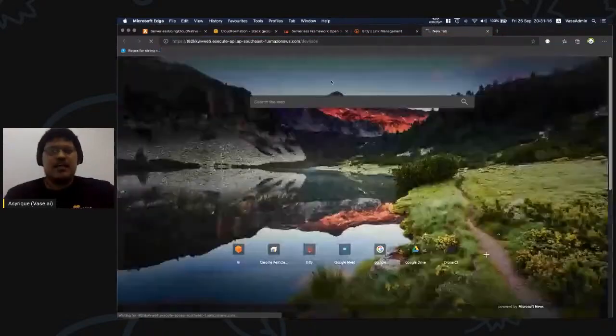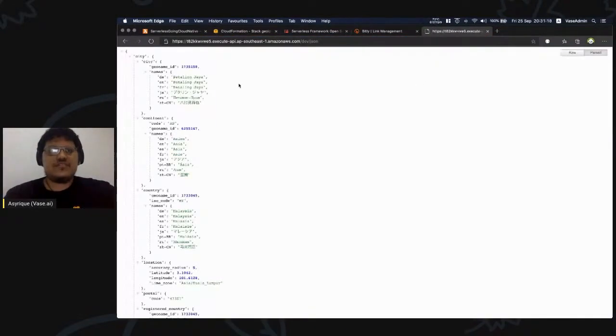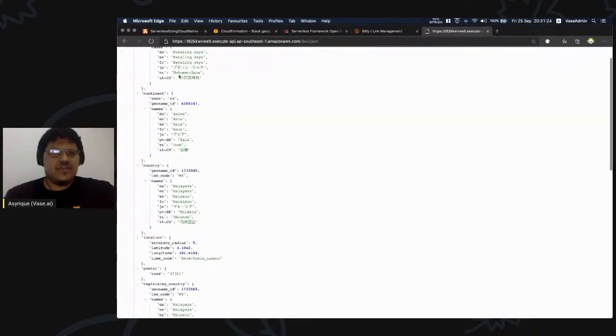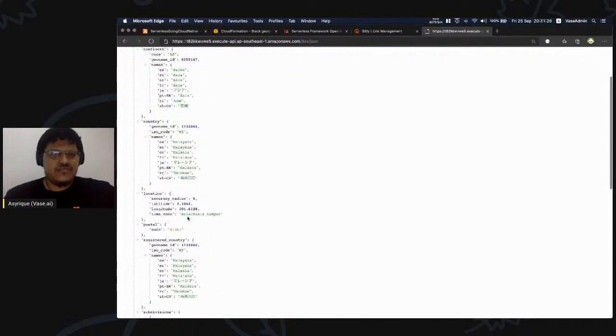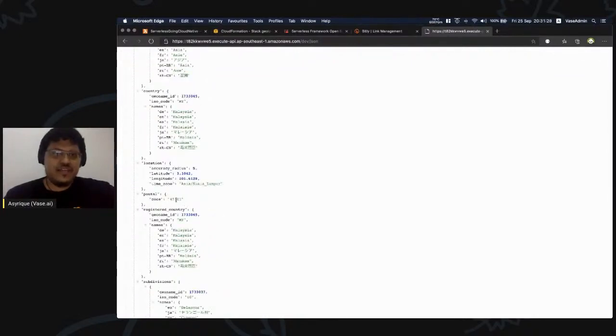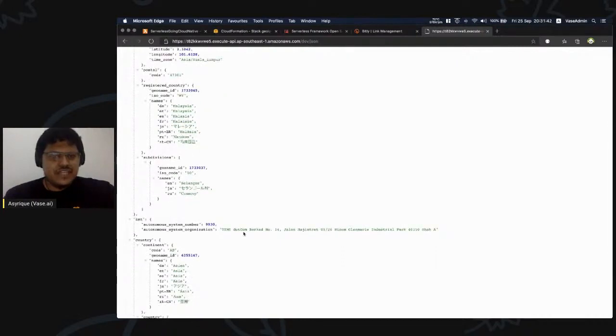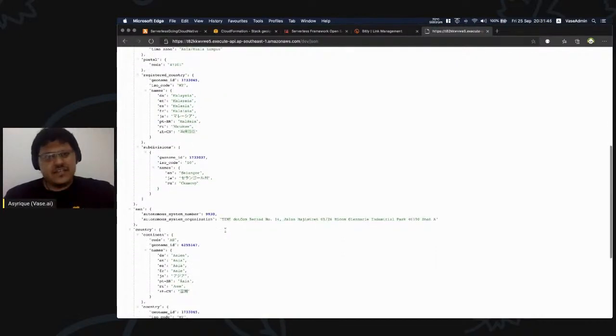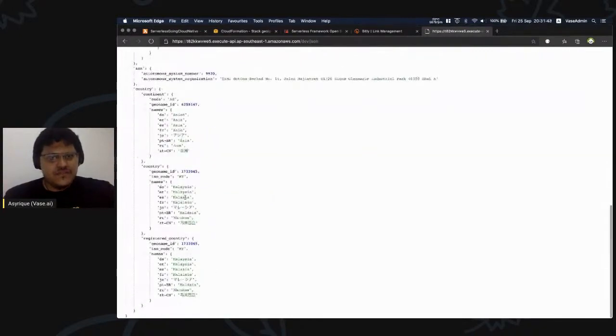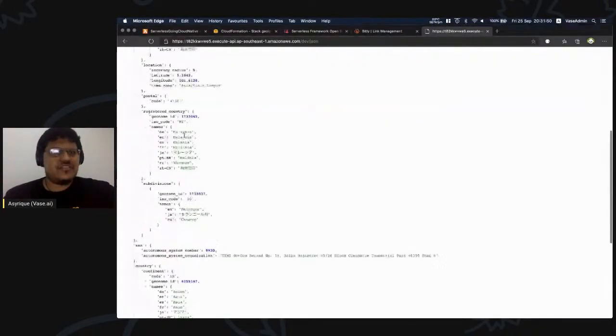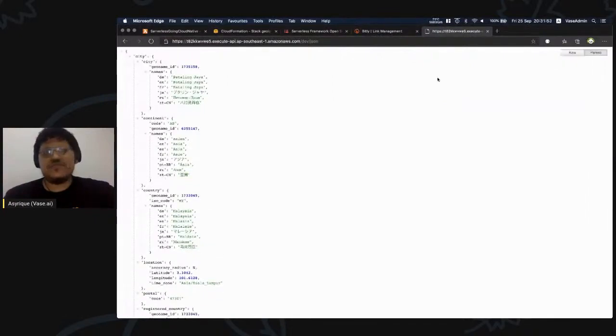Okay. And what you'll see is this will run, and this will give me back JSON with city, Petaling Jaya, Asia, Malaysia, and also Kuala Lumpur, and also my postcode, which is actually correct. So this is very, very detailed. The MaxMind DB is very, very accurate in this regard. What you also see is for the ASN, it detects correctly that our ISP here is Time, and also for country, so this is the country level. The city level is much more accurate, gets me down to postcode basically.